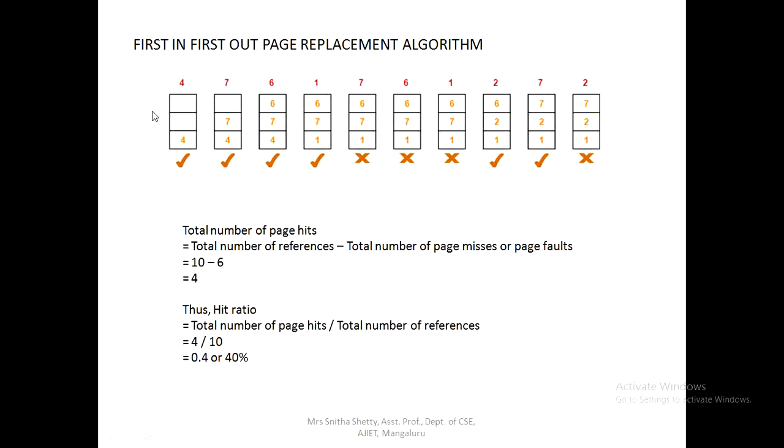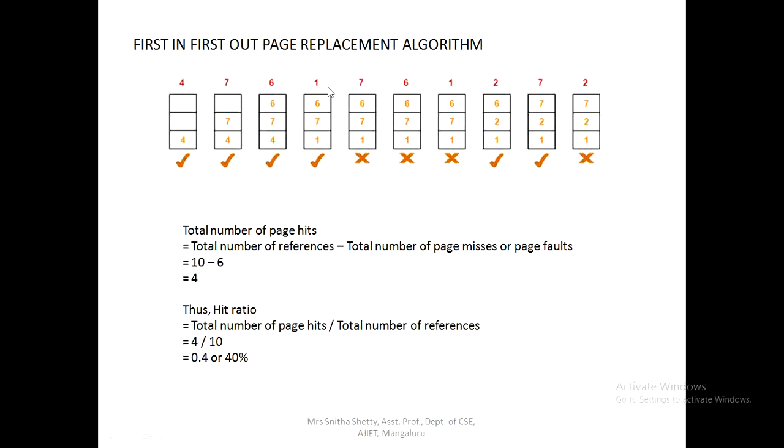Next is 7. These 2 are free, right? Whether 7 is there, no. Again bring the data from secondary storage and place it in the next location, f of 1. Again this is known as a page miss. Next, the third one, 6: is 6 there in the frame? No, right? So again bring the data from the secondary storage and place it in the primary memory, so it is 4 7 6. So you got the first page miss, second page miss and third page miss.